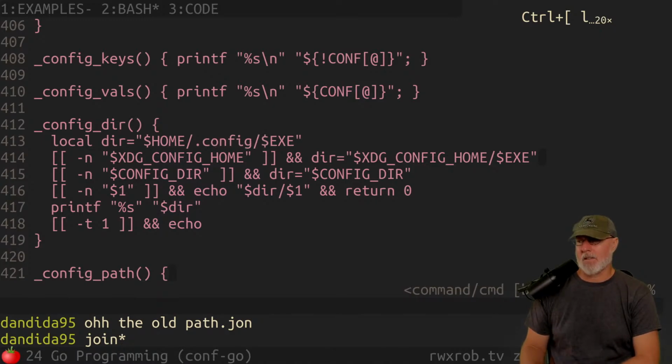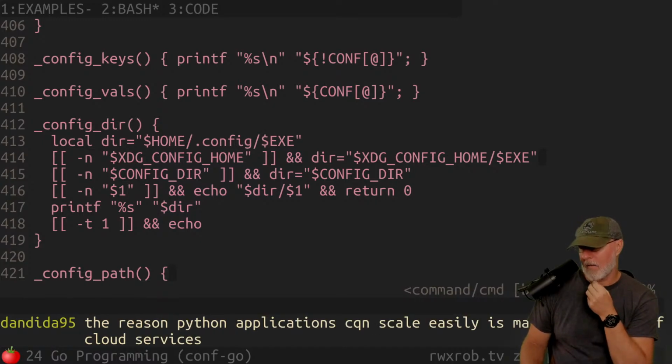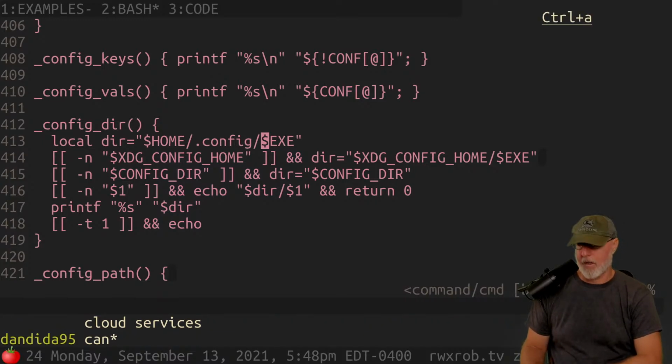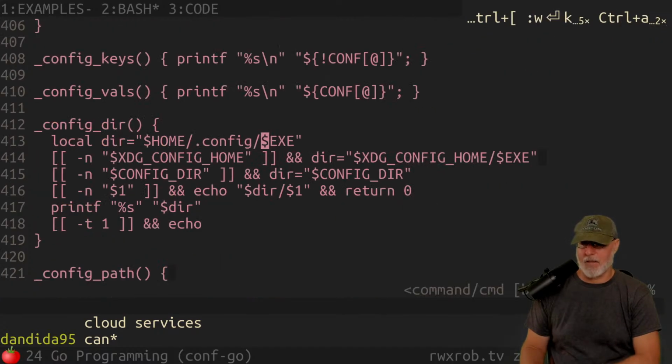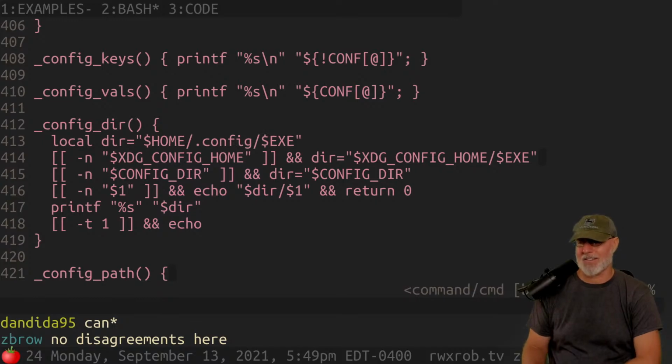Top-down recursion is a little bit of a waste of time. We might be able to make it faster. Cloud services scale. Yeah, they can. Not really though. Python scales better, but it doesn't matter, because at some point you have to leave Python to scale properly. People will disagree with me all day on that, but I don't think Python is an enterprise large-scale systems language. There are lots of million-line code bases in Python, but we abuse it.